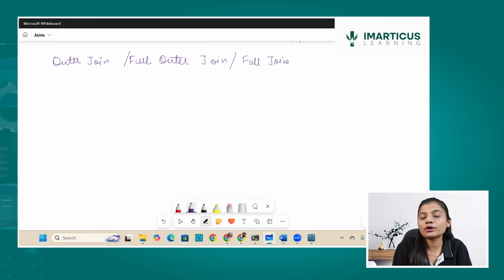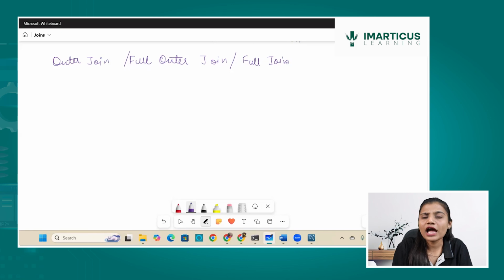When we were discussing inner join, if you remember, what does inner join do? Inner join takes data from one table and data from another table. If it is matching, only those values will be considered in the outcome. That was an inner join: it combines data only when a match is found. The second one is my left join. Left join takes all the data from the left table and only matching elements from the right. Right join does vice versa: it takes all the data from the right table and matching from the left.